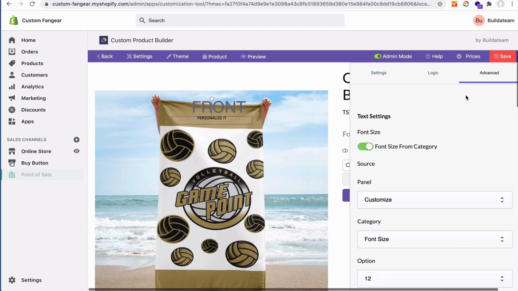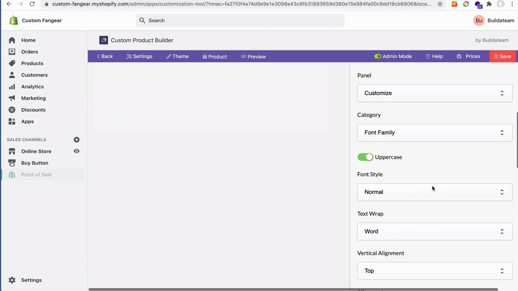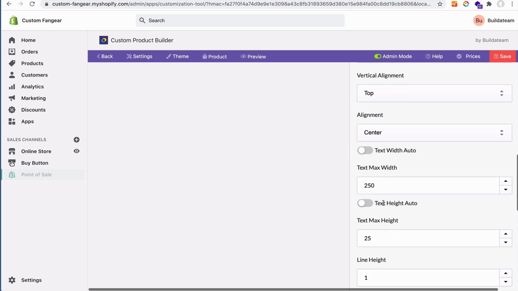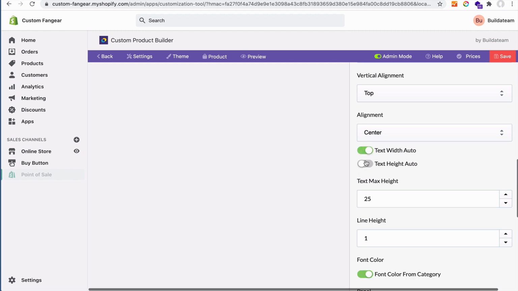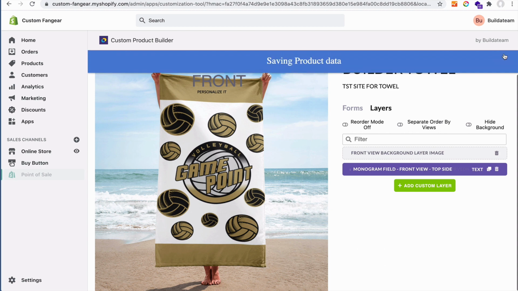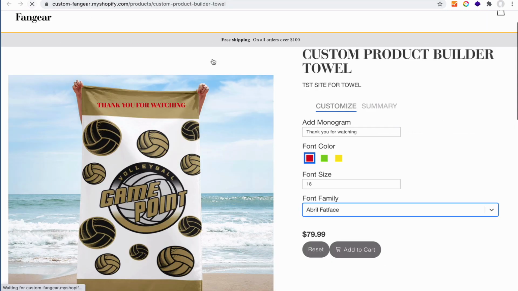Right here under Advanced tab in the layer, you have options called max width, height. See, I set it to predefined, but now if I choose auto, okay, and I save it, and I save here, and I go and reload the preview,